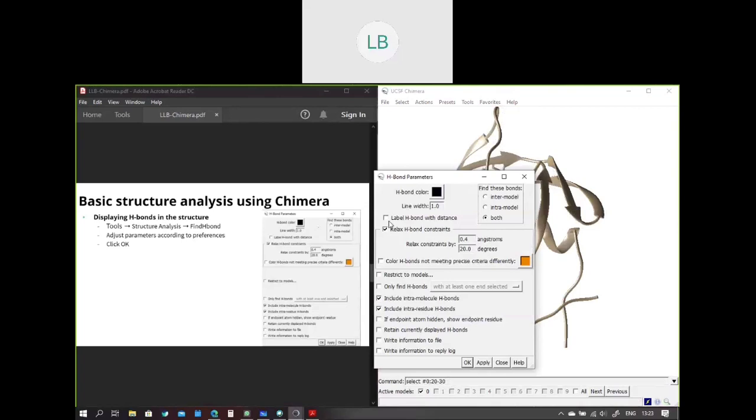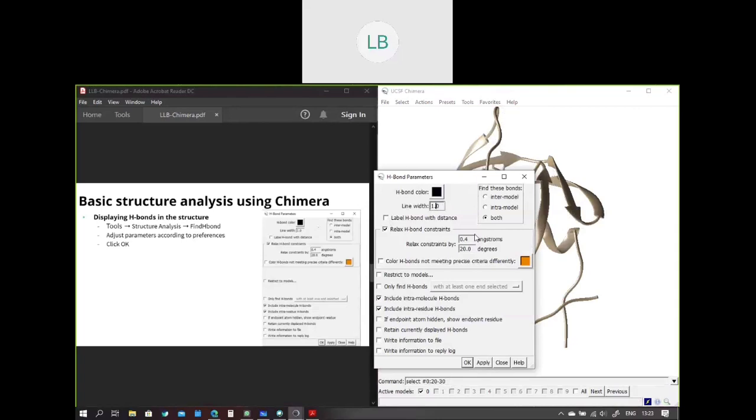There's a breathing room sometimes, for which certain types of hydrogen bonds have higher distances, and certain types of hydrogen bonds have deviations in the angles. So this is sort of compensation for that. We'll just use the default parameters and we'll apply.